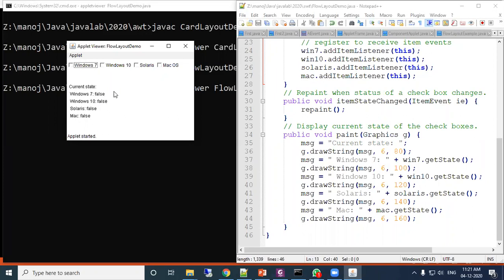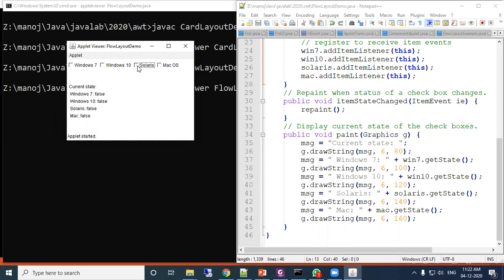Remember, it is waiting for the user for any event. If any event occurs, then immediately this method, itemStateChanged, will be called, and this method will be called if you are changing any item in the applet.